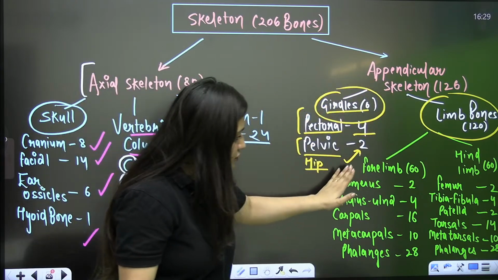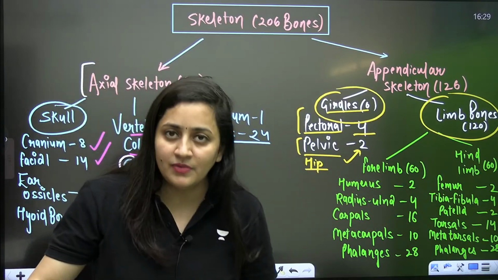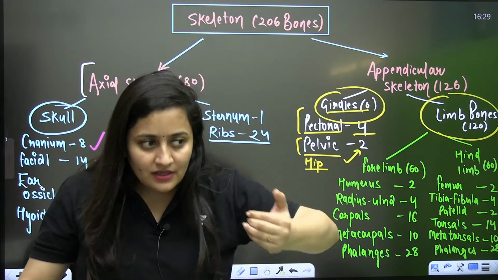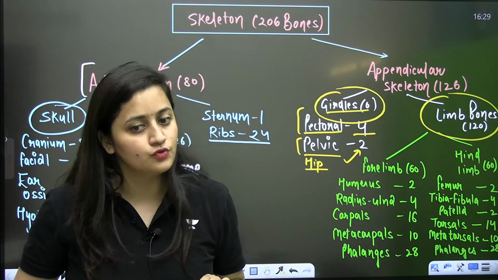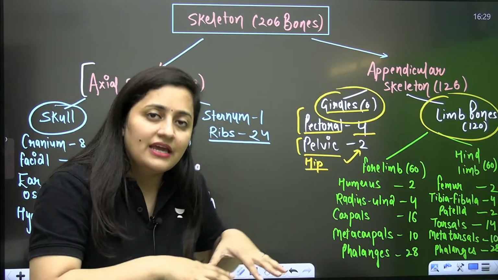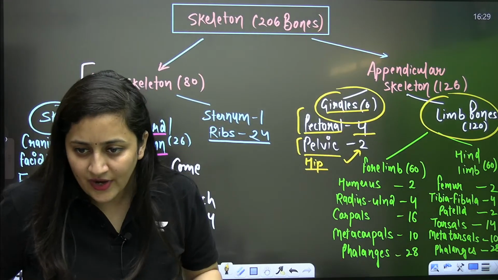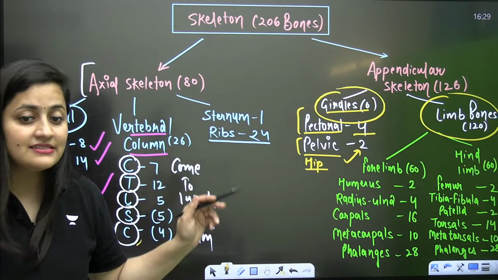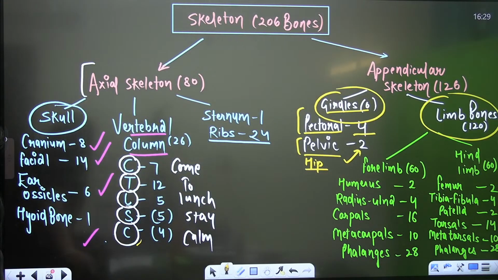And when it comes to the limb bones, you know about the bones of the forelimb. Now when it comes to the hind limb, you have the femur, tibia, fibula, patella, which is the kneecap, then tarsals, metatarsals, phalanges. That's the most common mistake that students make, right? In your forelimbs, you have carpals and metacarpals. In your hind limbs, you have tarsals and metatarsals. Is that clear? As I said, we will discuss it individually as well. But as of now, please try to remember the number of the bones and these names.